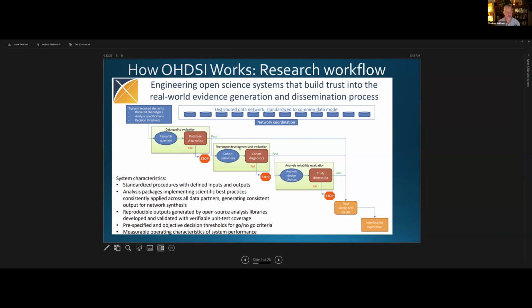If they do, there's a stage where you're developing the computable definitions for who's the population in the study, what are the covariates of interest or the model features of interest, et cetera. That's going to depend on the kind of study being supported. Diagnostics around those, sensitivity, specificity, other performance characteristics of those computable definitions will be evaluated, and a given site's performance may or may not pass. And then there are all the analytic assumptions, depending on the kind of study it is. These have their own diagnostics, and they may or may not pass.